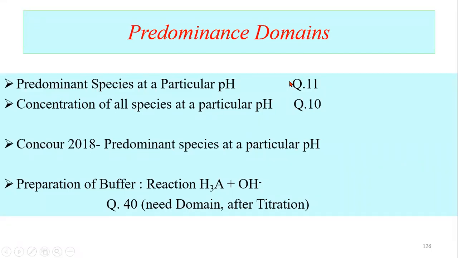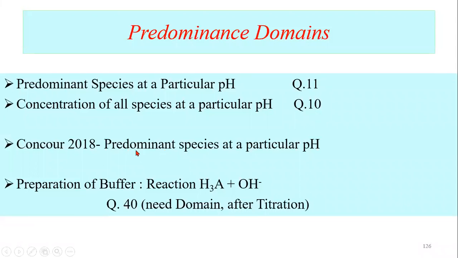In this problem-solving session, we're going to look at the predominance domains. In particular, we're going to look at question number 11, which just asks for the predominant species present at a particular pH. Then question 10, which asks for all the concentrations of species at a particular pH. Then I'm going to solve for you a concours question